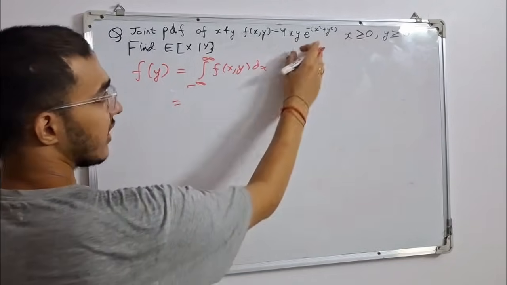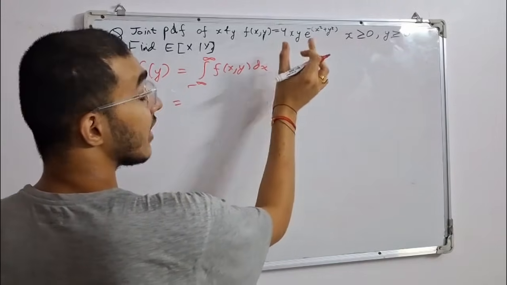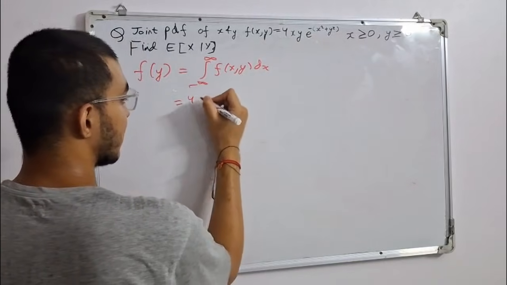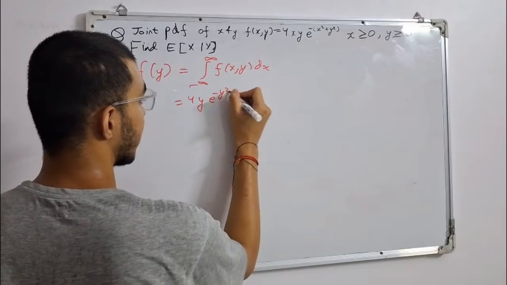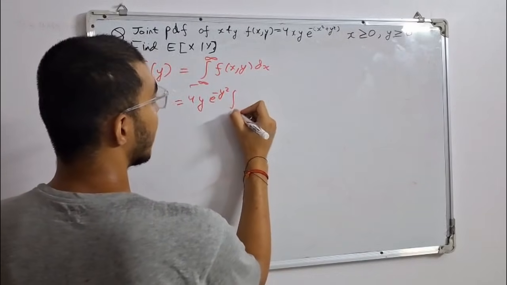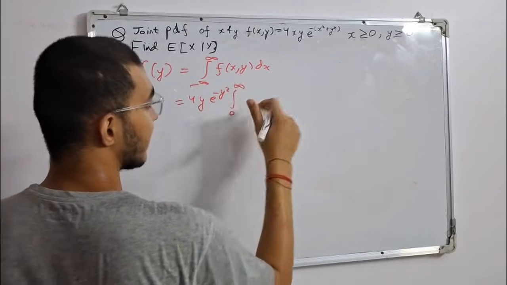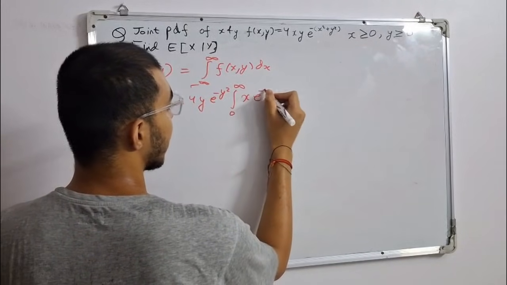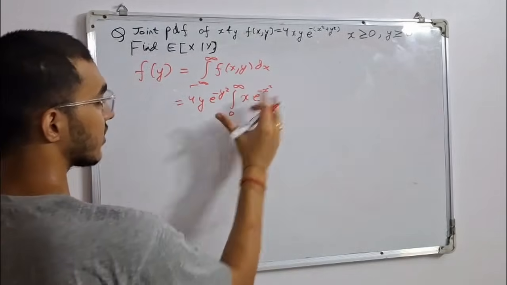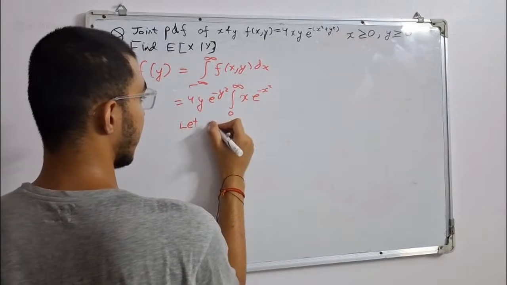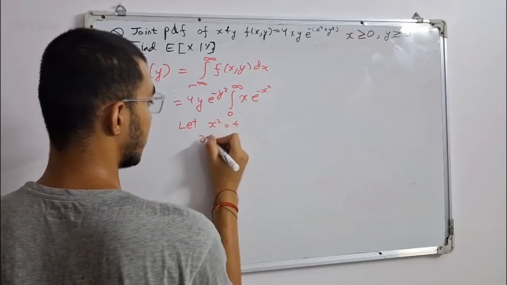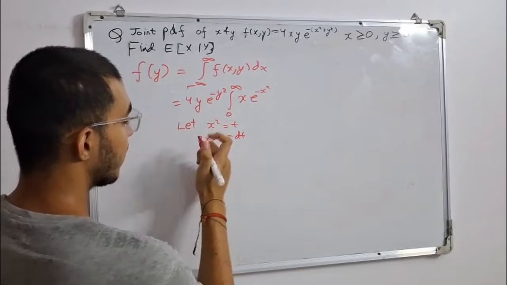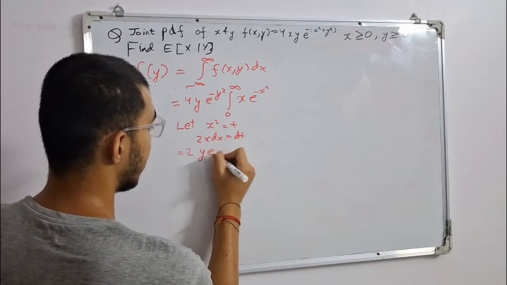So here, as we are integrating this with respect to x, we can take y outside as constant, y e to the power minus y square, integration 0 to infinity, as it's in the first quadrant, of x e to the power minus x square. Now this can be solved using substitution. Let x square equal to t, 2x dx equal to dt. So we can take 2 from here, then it will become 2y e to the power minus y square